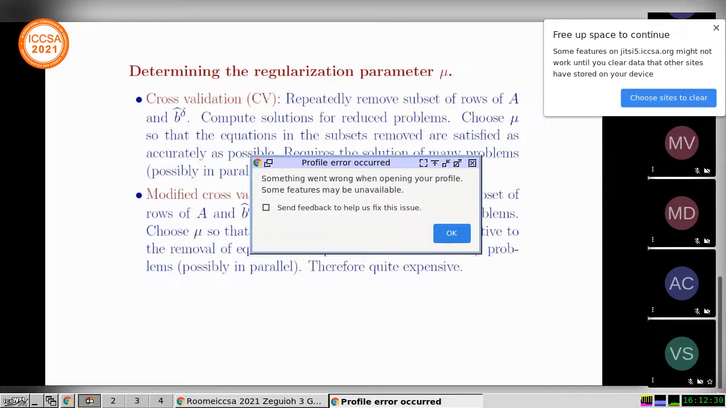There are a couple of ways of doing this: cross-validation, modified cross-validation. In these methods, one removes certain parts of the data, that is some rows of the equations, and chooses a regularization parameter so that the solution behaves most stable under the removal of these rows. But the method that actually works best and is cheapest, it's on the next slide,